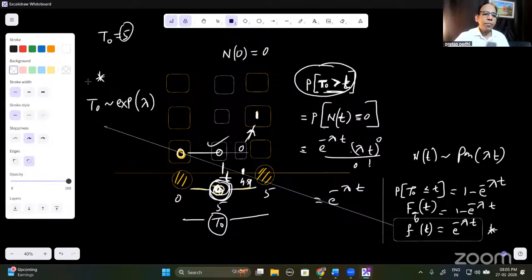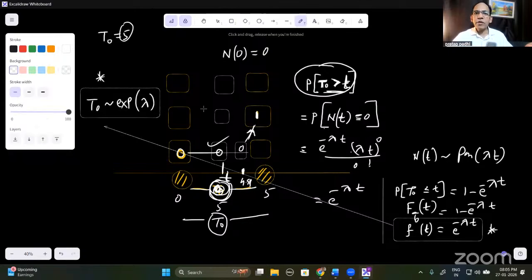This is the waiting time, and you can use it in a problem. There will be problems where the waiting time follows exponential lambda. Surprisingly, in Markov chains also the same thing. The only difference is that the concept of lambda 1, lambda 2, lambda 3 will come. We'll go there. But here T naught is the waiting time to the first claim, and the waiting time from first to second, that is T1. All these random variables will follow exponential distributions if you are